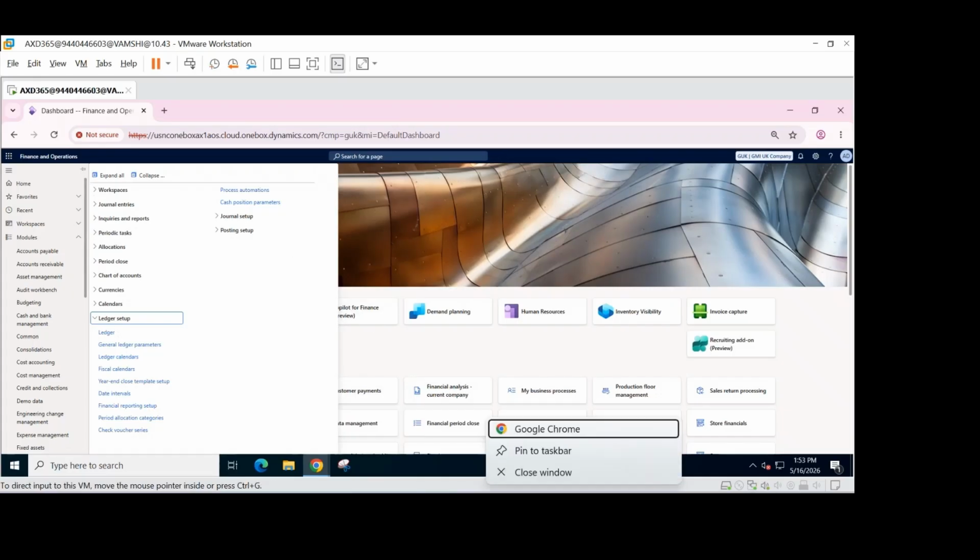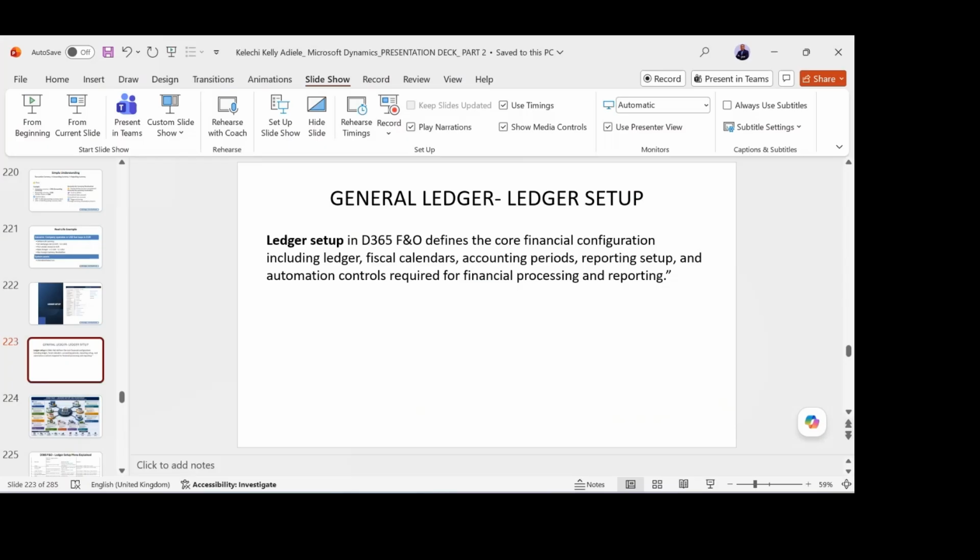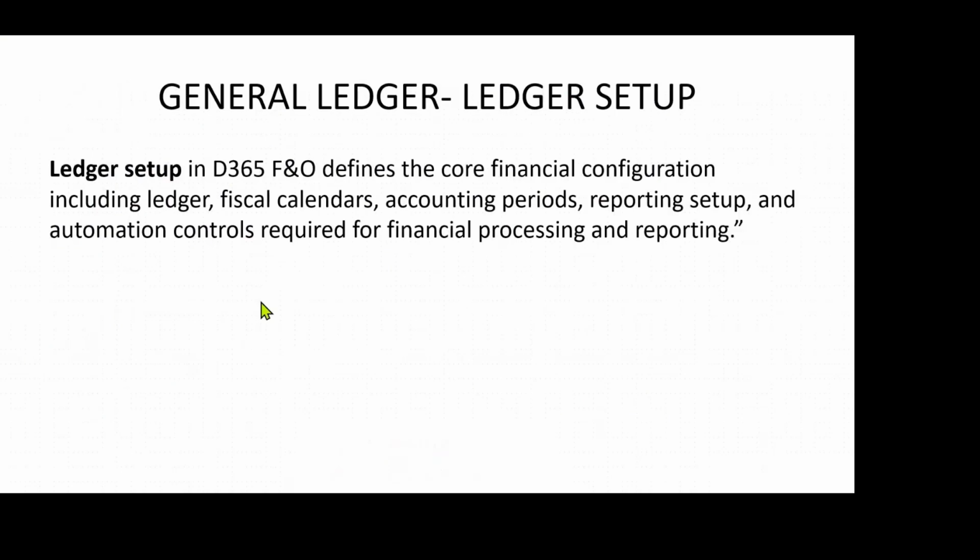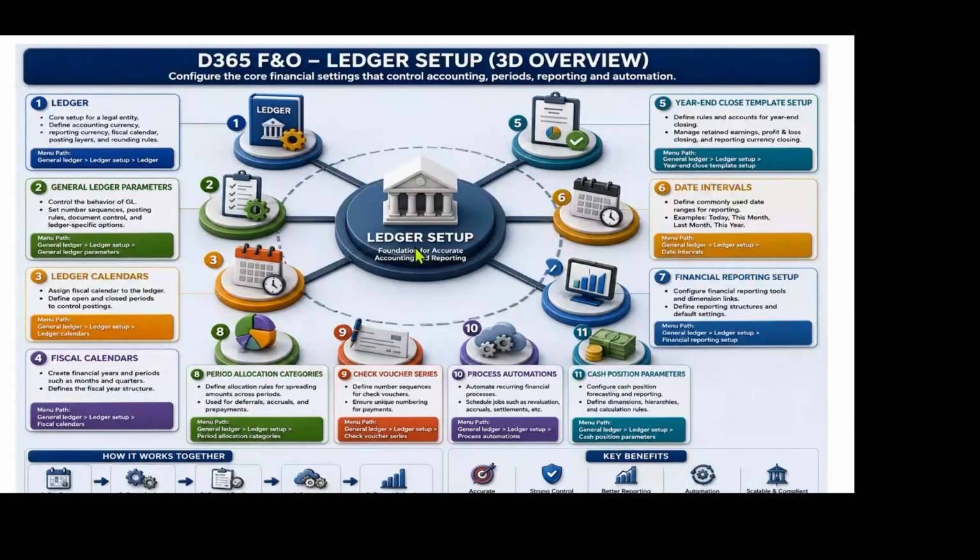Okay, sorry. Again, let me see. So I've defined that. If you see here the ledger setup, which we are going to be going into soon, there are almost 11 things you can talk about. So one, if you look at the ledger setup: core setup for legal entity, define accounting currency,